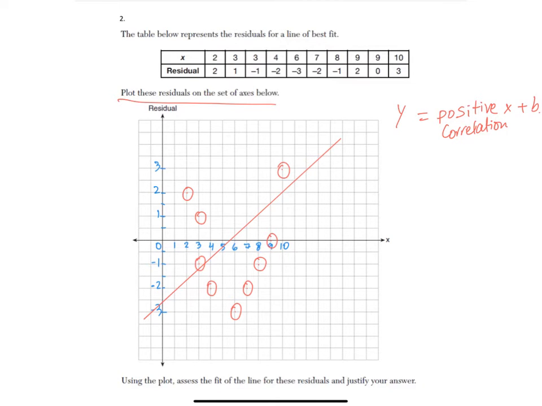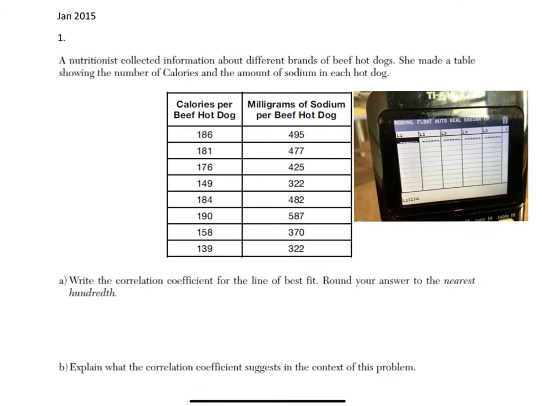Plus B, right? And is it strong or weak? I feel it's a weak positive correlation. So again, we've got this